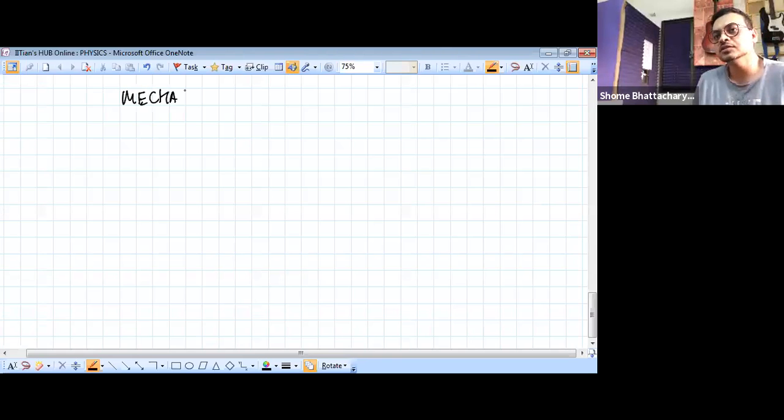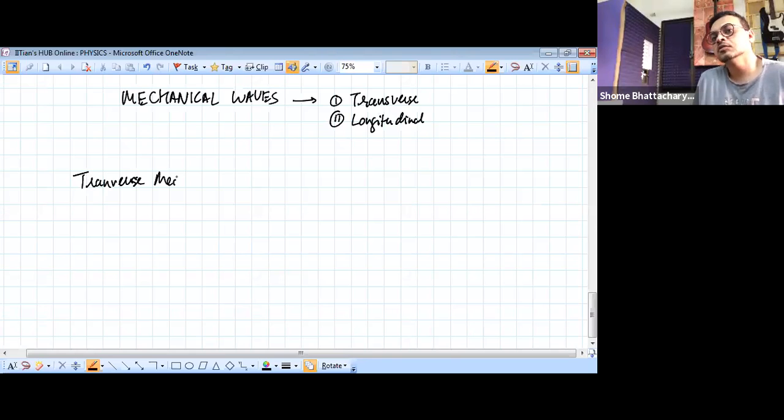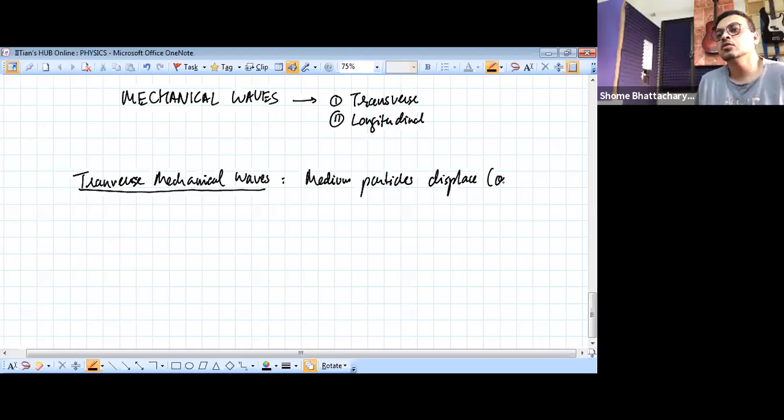So mechanical waves are of two categories: transverse and longitudinal. So what happens in transverse waves, transverse mechanical waves, is that medium particles displace, or you can say oscillate,